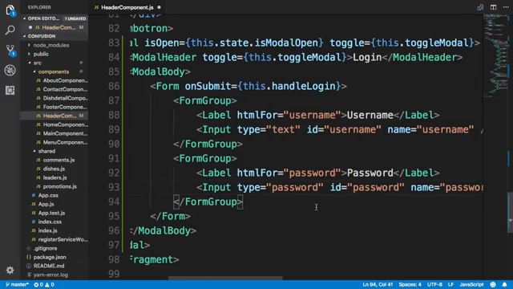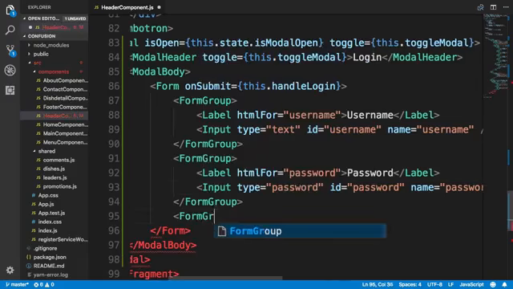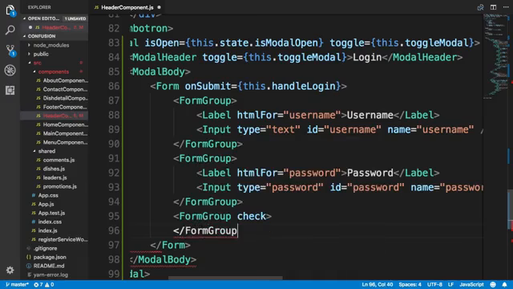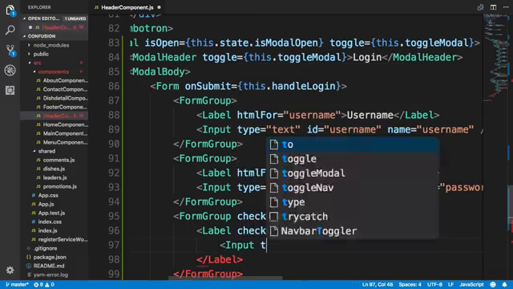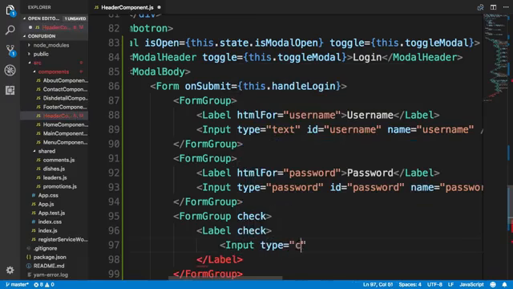Then we will set up a checkbox here. Usually you would find a checkbox in your form saying remember me or something like that. So that's the kind that I'm setting up here. Input type checkbox, name remember,